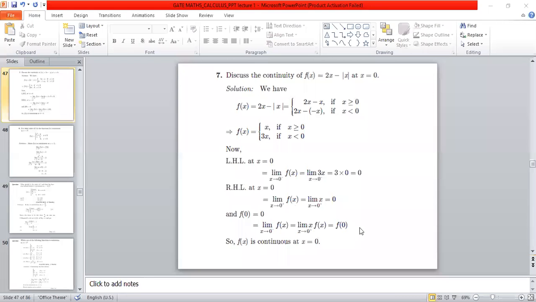Okay, back to the slide. Chalo, next question is up there. See the question. Discuss the continuity of the function f of x. The function is given, mod x is there. As x is greater than or equal to 0, all the positive values are there. So mod x